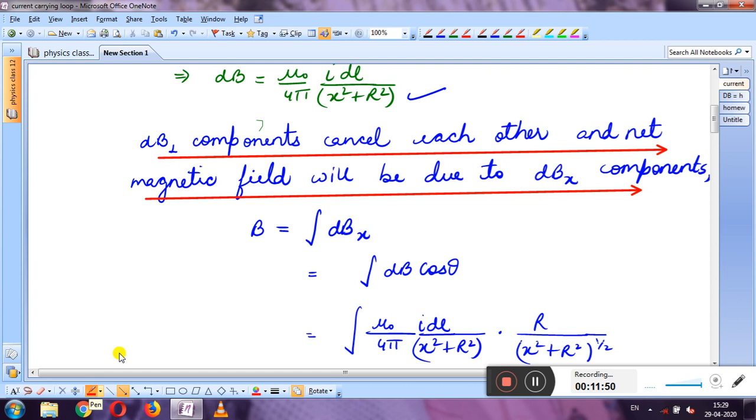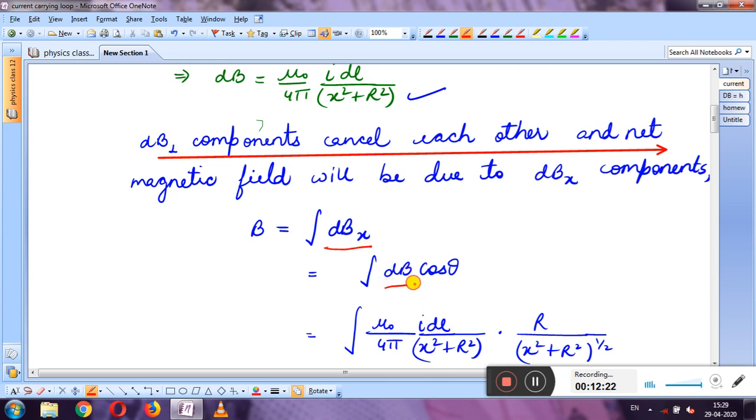Okay, now after this you can see here this net magnetic field will be due to the integration, meaning sum. We will be summing all the horizontal components. Here we have taken only two small elements. Like this we can take so many pairs of small elements, right? So due to all of these horizontal components, or you can say parallel components, there will be a net magnetic field, like I have shown here, B. So it will be the integration of all such components.